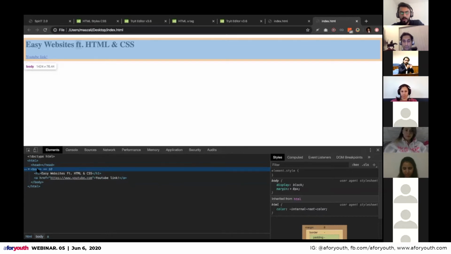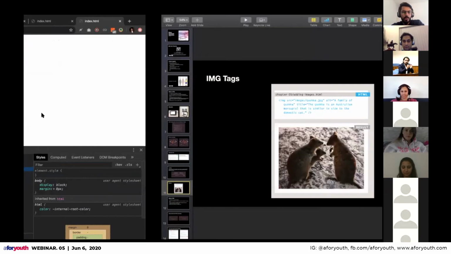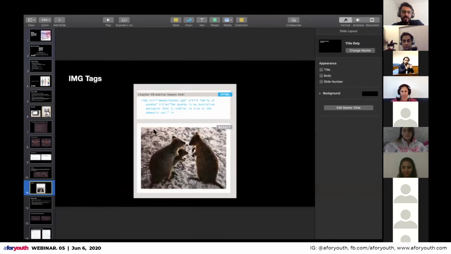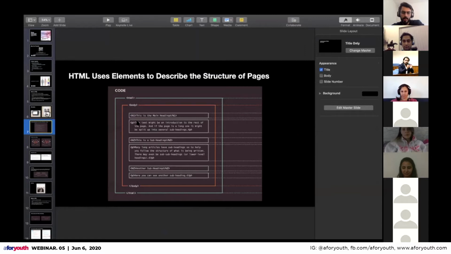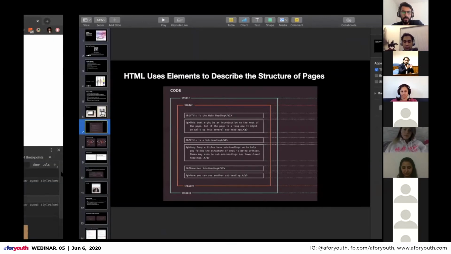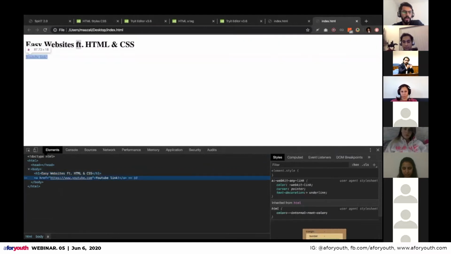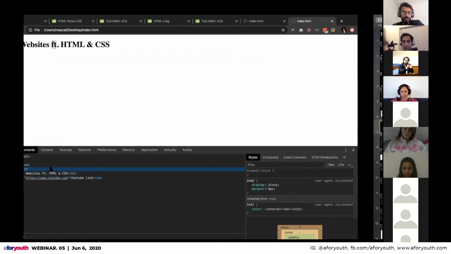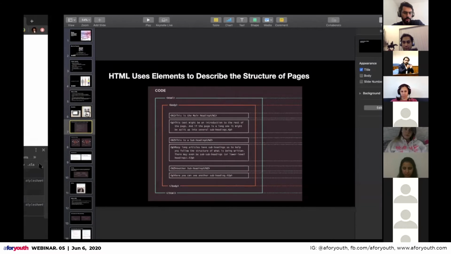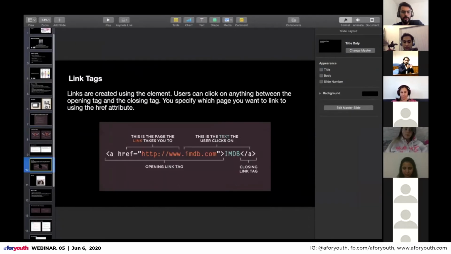Everything in HTML works like boxes, and there have to be nested boxes, as I told you before. So we see a box for this, and for the link tag, we see the link tag box as well. So let's move on with the slides first and then come back to more practical examples.